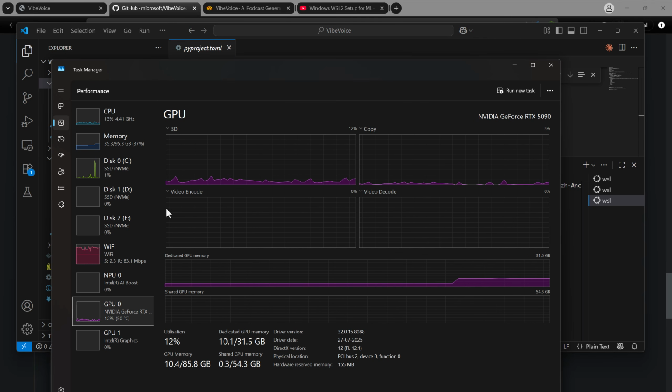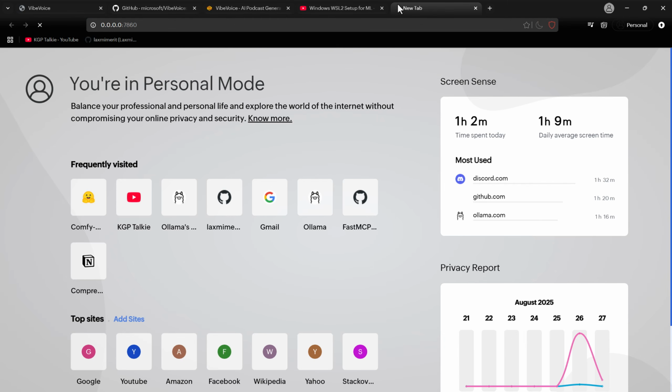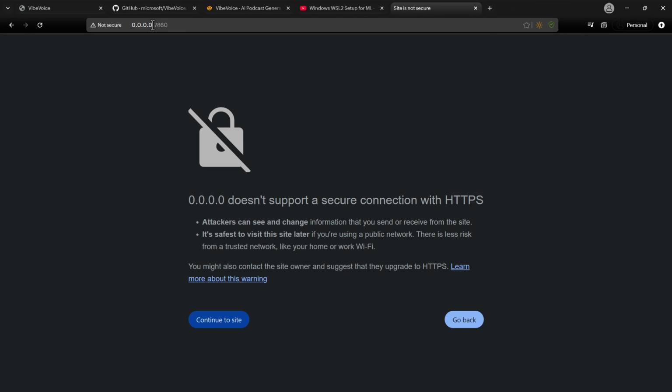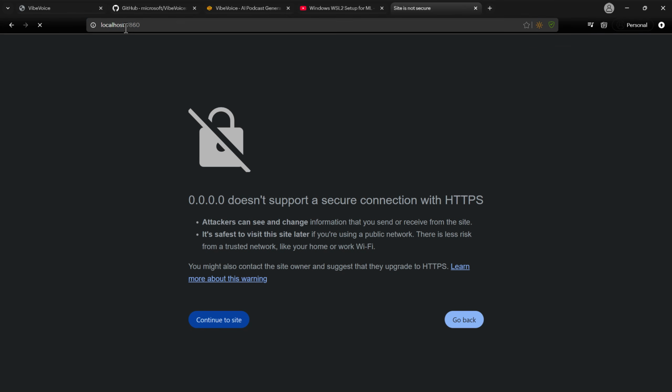All right. Perfect. Once that part is done, I can come here and see this is my local URL where it is currently running. I can just copy this whole thing. And thereafter, I can just come here and paste it. It might not run on your computer. So what you have to do here is remove this 0.0.0.0. Thereafter, you need to run it as localhost. All right, localhost 7860. Now it is going to run here.